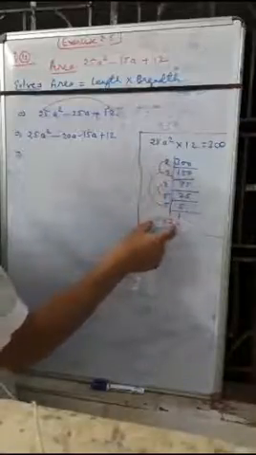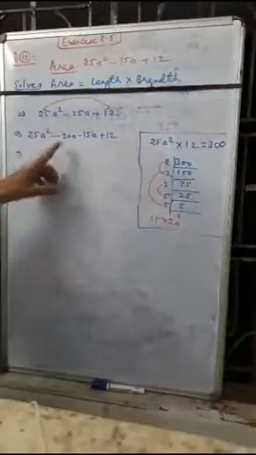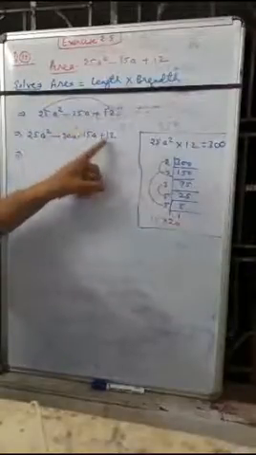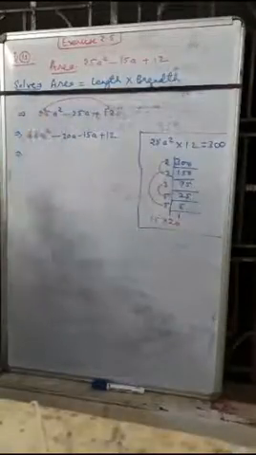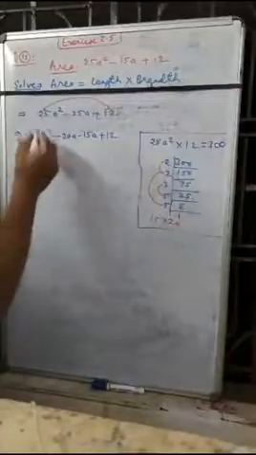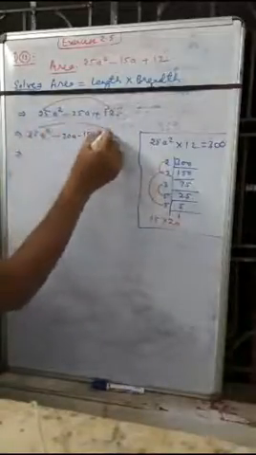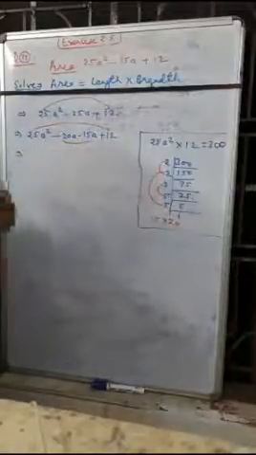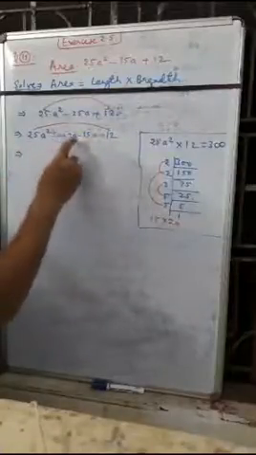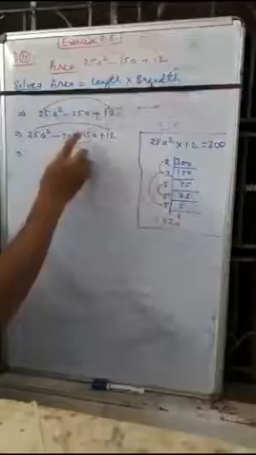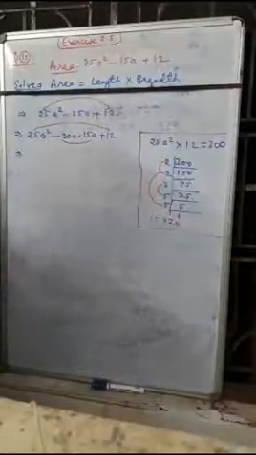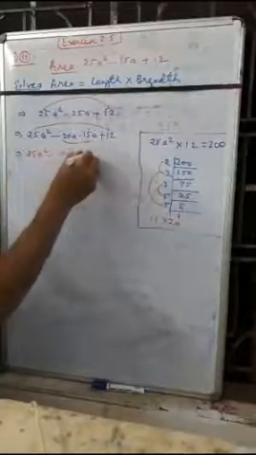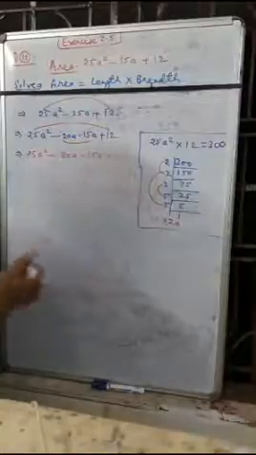So 15 plus 20 is equal to 35. So we have written minus 28a minus 15a is equal to 35a, or plus 12 we copied, our first term again we copied here. If you multiply the first and last term, and the second and third term, you will get the equal product. So 25 times 12 is 300, or 20 into 15 is equal to 300, or minus minus will become plus. So we will copy the equation again, 25a square minus 20a minus 15a plus 12.